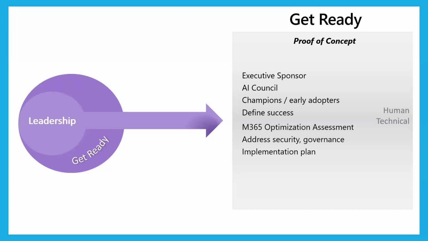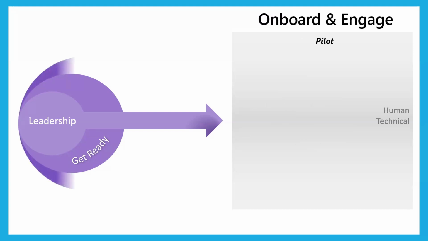Fortunately, once again, as part of the Microsoft platform, you have all kinds of tools there that are just baked into your tenant, into the Microsoft 365 platform. So there's already an optimization assessment out there that you can go through. It's free. It's for you. Takes about a half hour to go through. So it's very reasonable to do. You can do this up front. It'll help you address some of those security concerns that you might have, help to set some governance, help to come up with an implementation plan